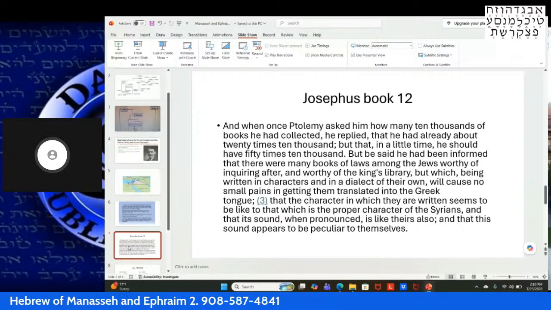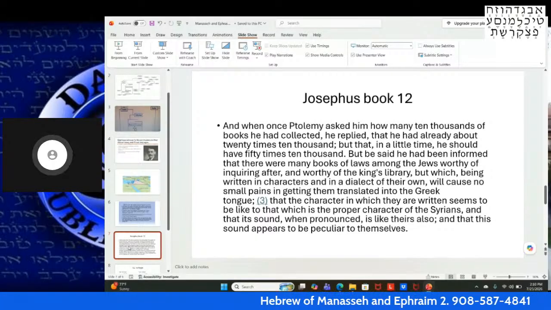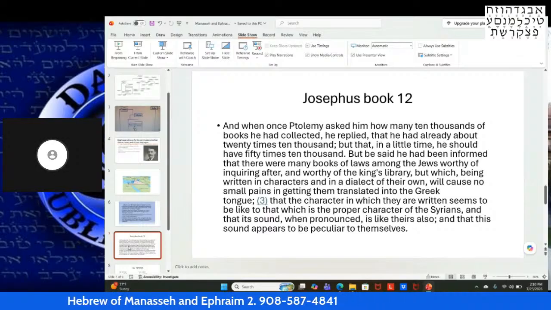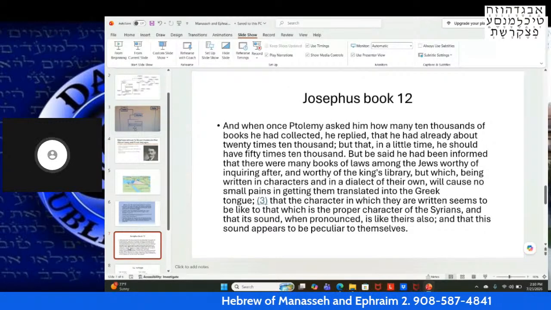So, what are we talking about here? This is speaking, brothers and sisters, in history about the matter and timing of Ptolemy Philadelphus II, the successor of Ptolemy the First. And he wanted to get as many Israelite writings translated into Greek as possible.